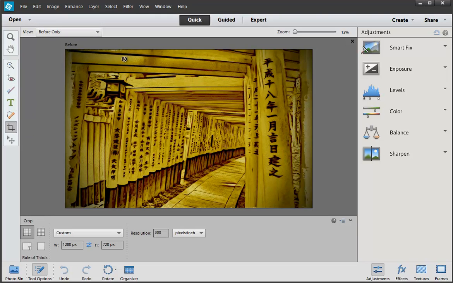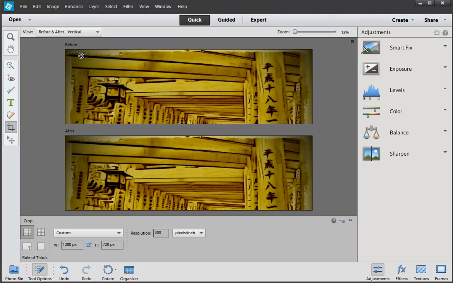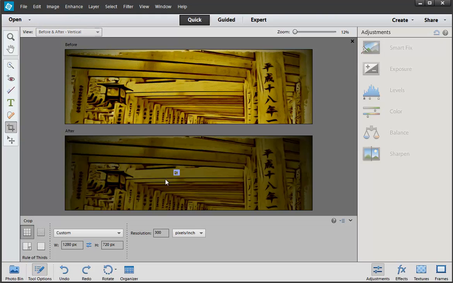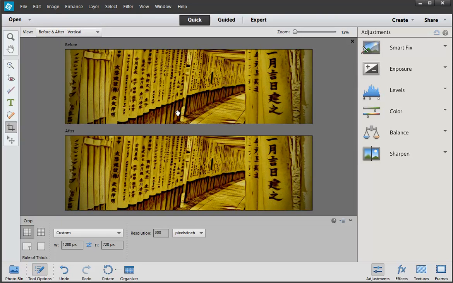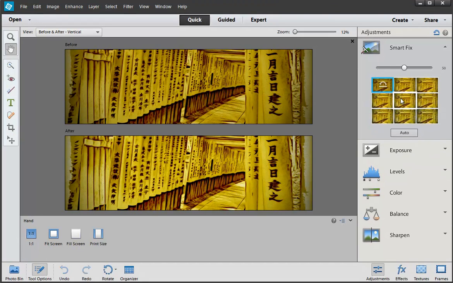And I need to see before and after, or I can see before and after vertical, and so on and so forth. These are very good little tool windows that allow me to navigate around. Now, I can also do things like just Smart Fix, see what this does. This would be very interesting. Oh, okay. So Smart Fix, I'm trying to fix up the sepia that I've done, and it's probably not going to do it. You can just choose from here, or we can go to Exposure